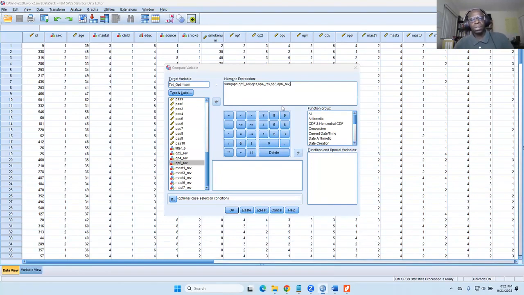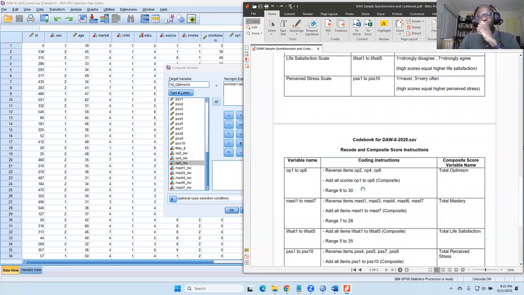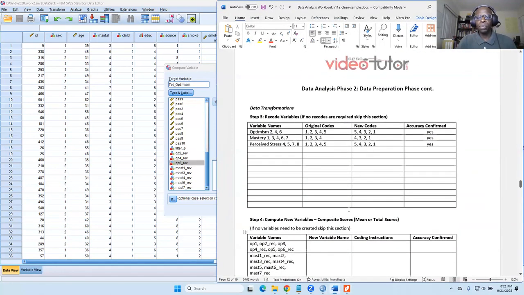So yesterday, right? Let's go back. We had to recode questions 2, 4, and 6. So what we had to do is reverse code them, right? If you remember, we went and reverse coded 2, 4, and 6, right? So the new codes were